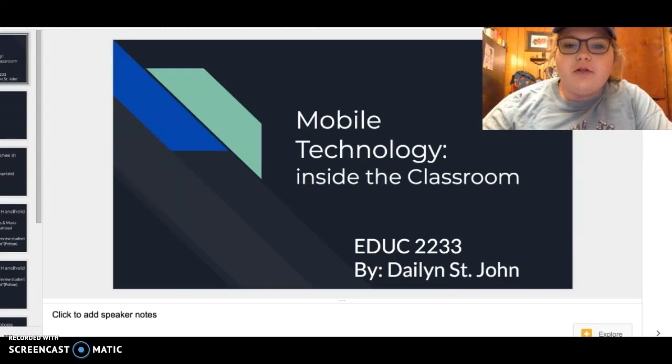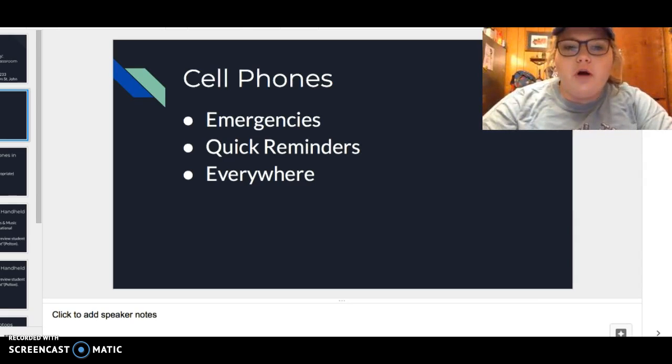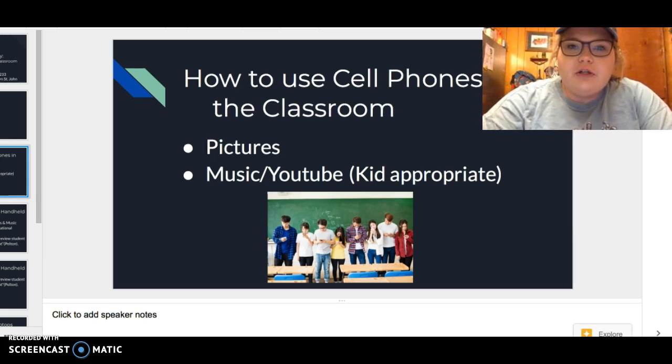And today I'm going to talk about mobile technology inside the classroom. It talked about, for our assignment, cell phones inside the classroom. Cell phones are good for emergencies, quick reminders, and cell phones are basically found everywhere. Inside the classroom, you can use them for taking pictures or accessing music through YouTube, but always make sure it's